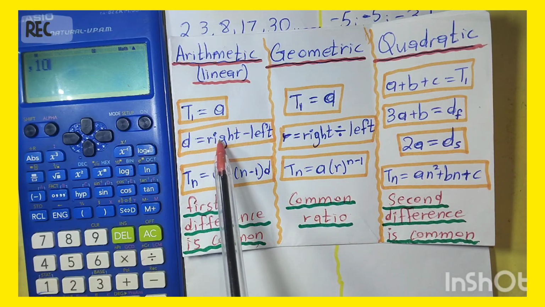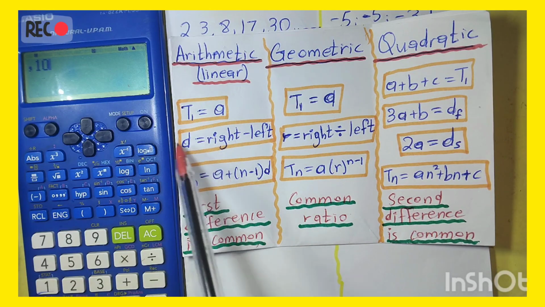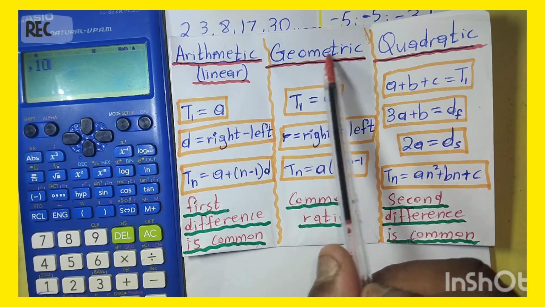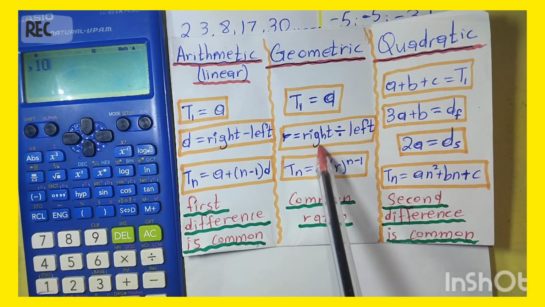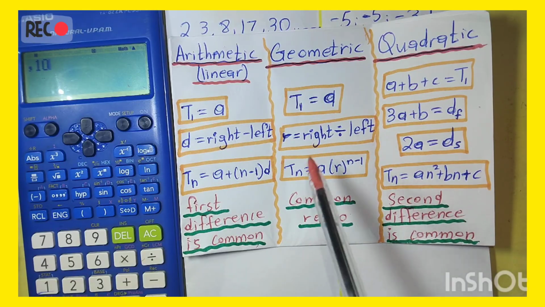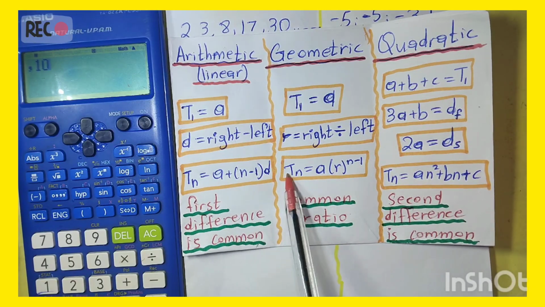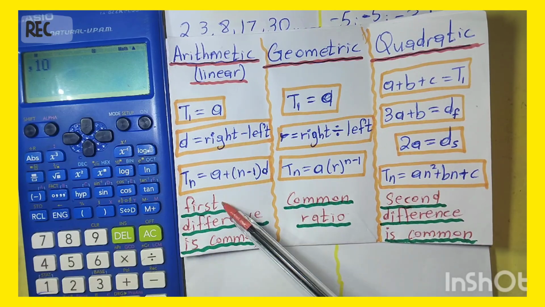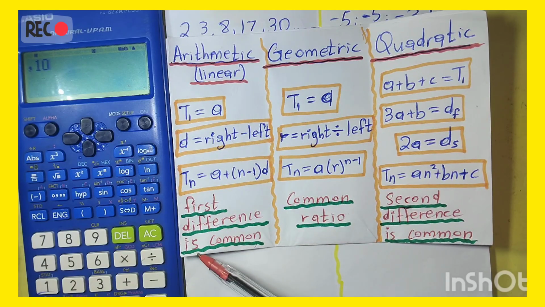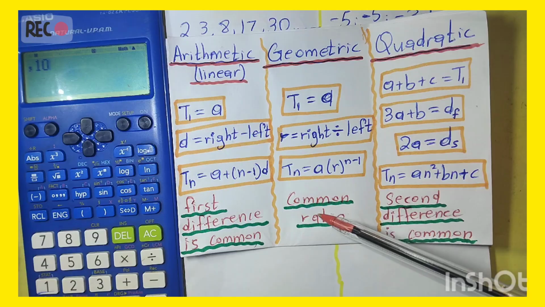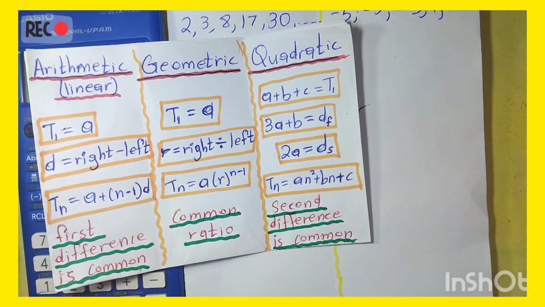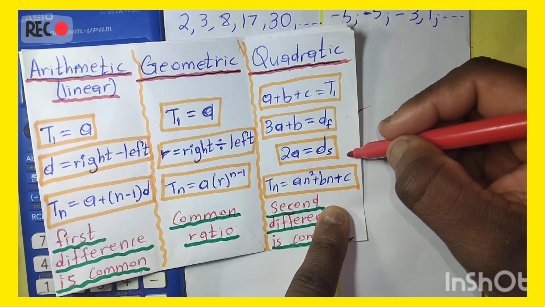In arithmetic, we get a difference by saying right subtract by left, but in geometric we get a ratio by saying right divided by left. These are the equations that we were using. In arithmetic you will see the first difference is common, but here you will see the common ratio. So coming from this pattern, the quadratic,